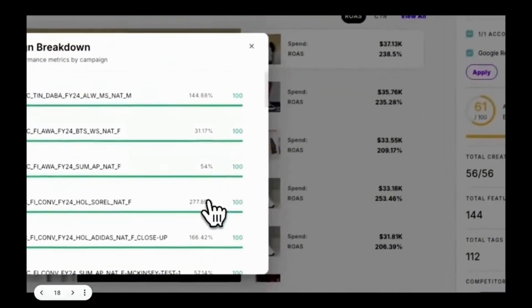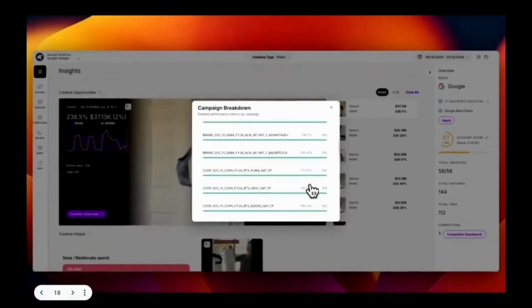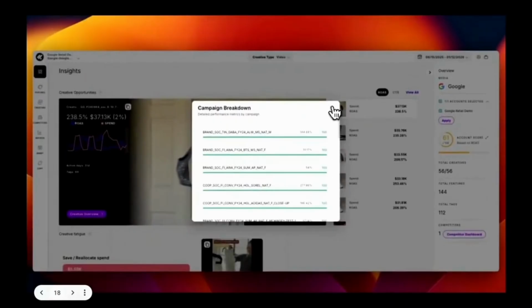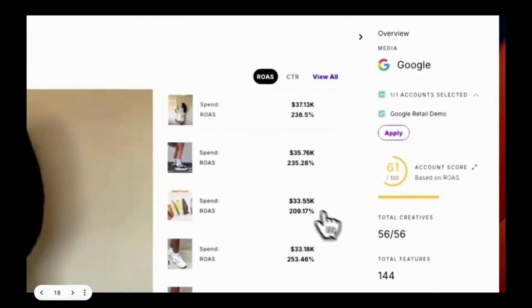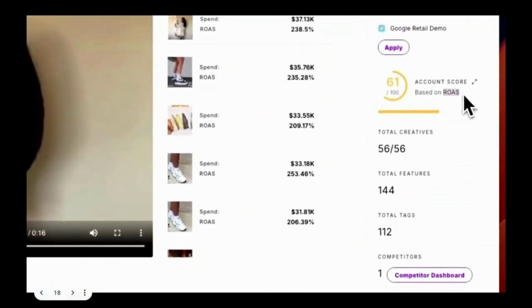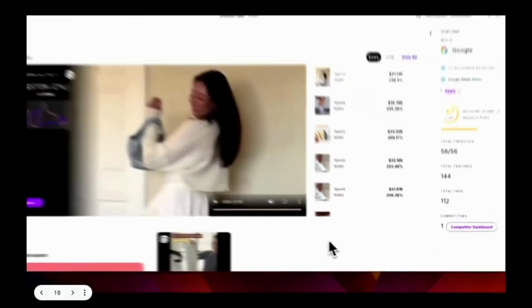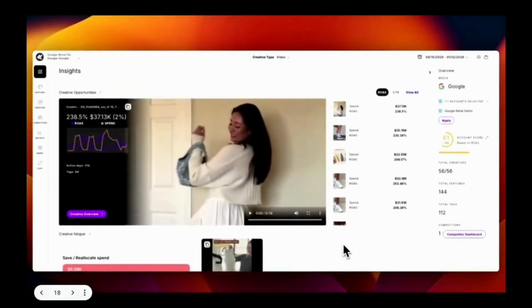Over here, you can see your CPI score across your account and all your different campaigns. So again, here we can identify campaigns where potentially there's scope to improve the creative and test out more variants. You can also see some of the other headline things here. You can switch it from ROAS to CTR as your key performance metric, and we'll come back to the competitor